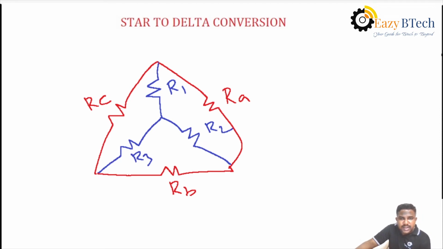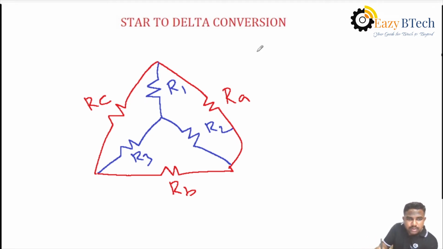Here is an easy way to remember the formula. What is the opposite element for RA? That is R3. Similarly, what is the opposite element of RB? That is R1. What is the opposite of RC? That is R2. That means the opposite values of the known elements. Okay, if you find out the value of RA,